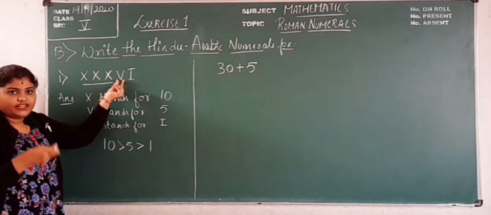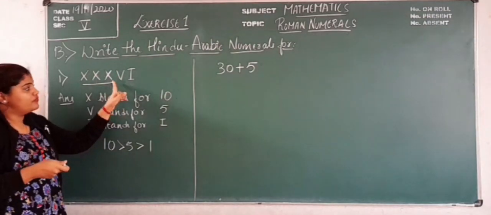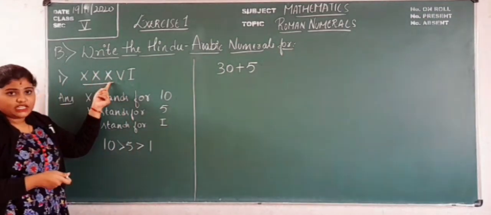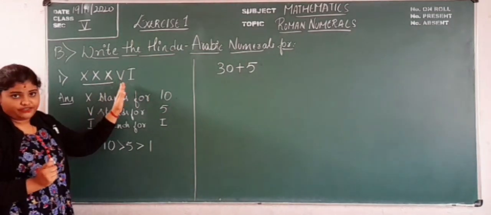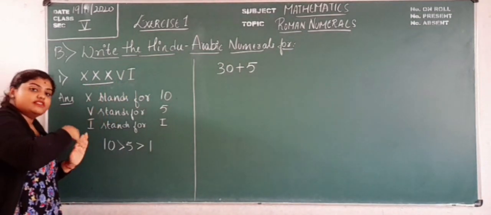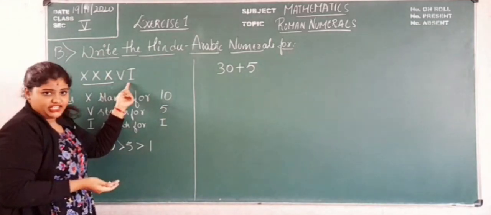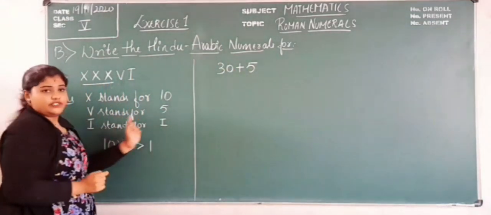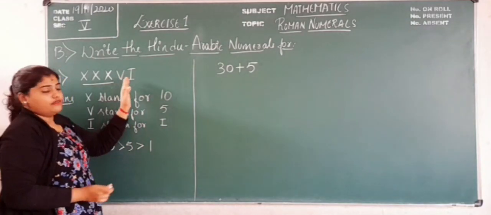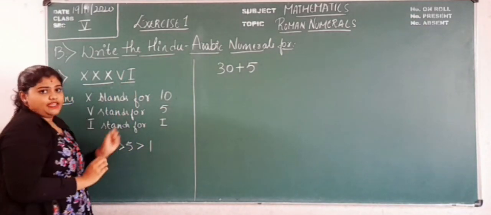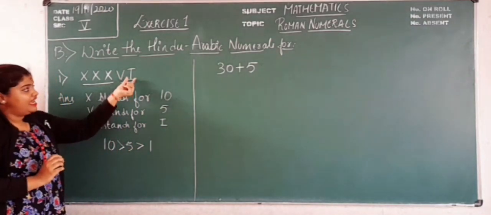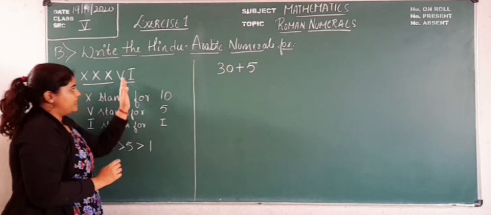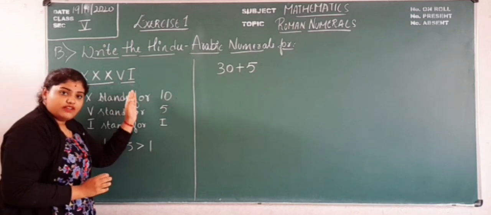So I wrote 30, then 5, because V stands for 5. Next we have V and I. So V stands for 5 and I stands for 1. And here also we apply the same rule, that is when we write the smaller value symbol after